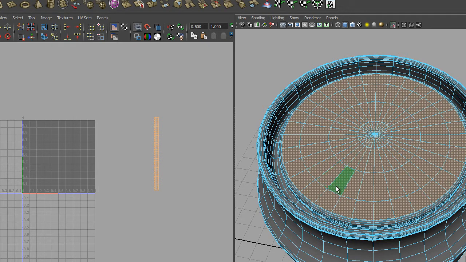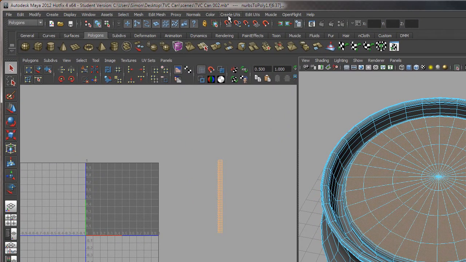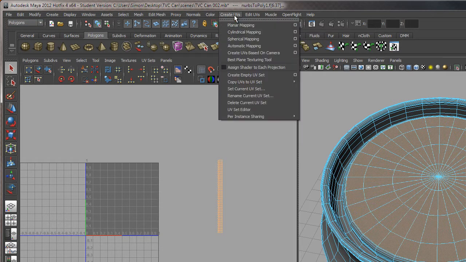What we're going to do now is create a UV projection of this part of the model. So to do that, we have to come up to Create UVs, the menu at the top of the screen. Once again, this will only be active if you have your menu set to polygons just here. So we go to Create UVs, and I'm going to come down to Planar Mapping and go into the Options,